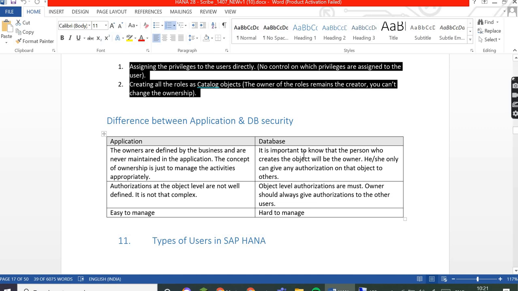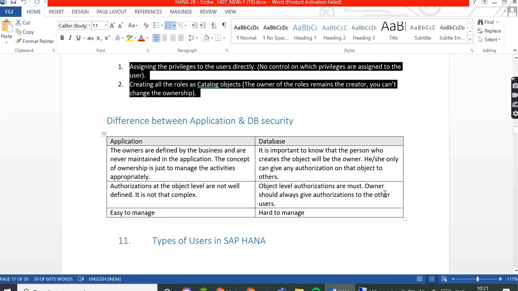And second, if we want to assign some privileges to a user, we should own those privileges ourselves, and only then are we able to assign them to others. In the application, the authorization object level is not very complex, but here object level authorization is a must.